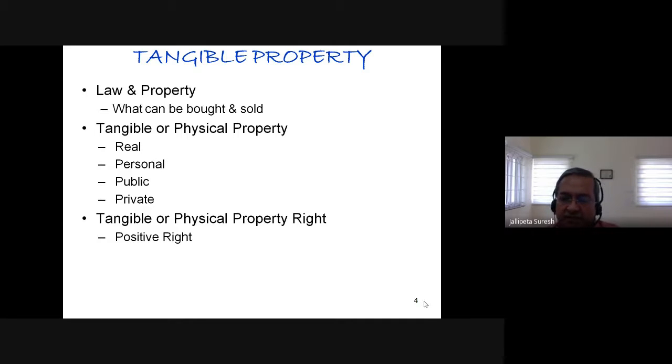These are things generally categorized as personal properties. Public, for example, railways is a public property. And private is something which is private in nature, acquired and used. So once we know these types of physical properties,